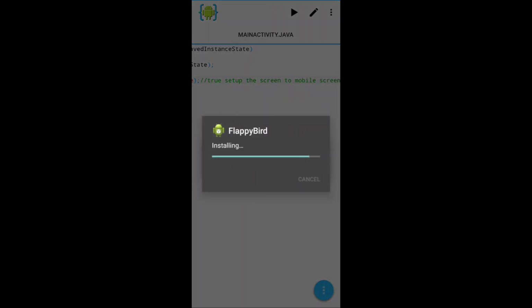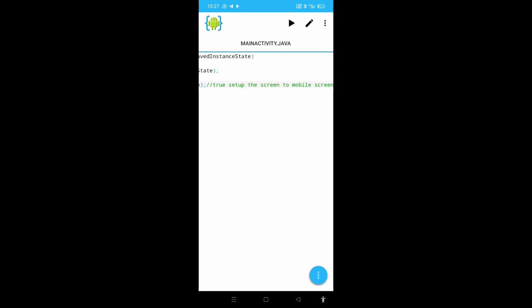If that boolean value is true, then it sets the mobile screen to the created screen. Okay, now we build this. It's building. Finally, it's built. Oh no,